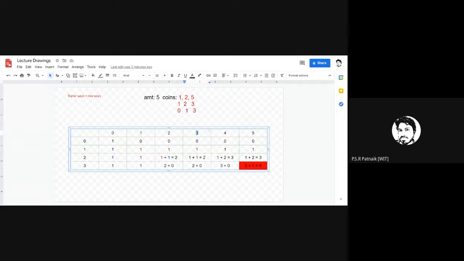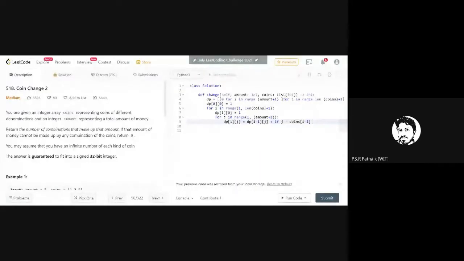So going on that logic, amount minus currency, if it is less, I think the difference should be either greater or equal to 0.